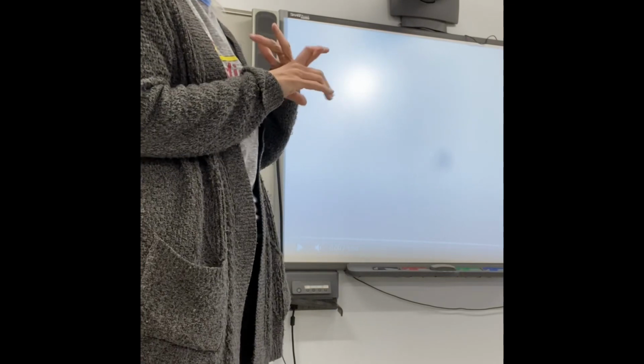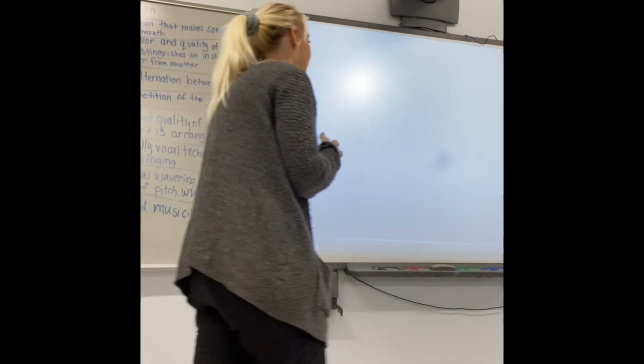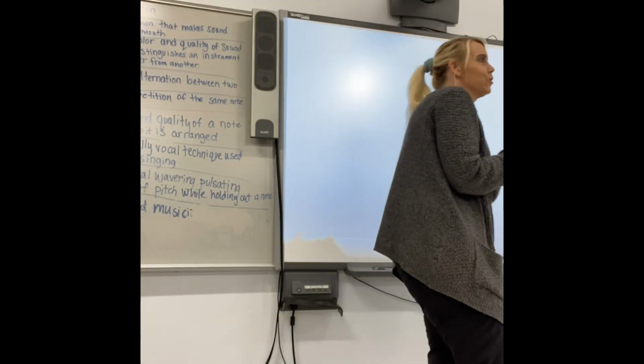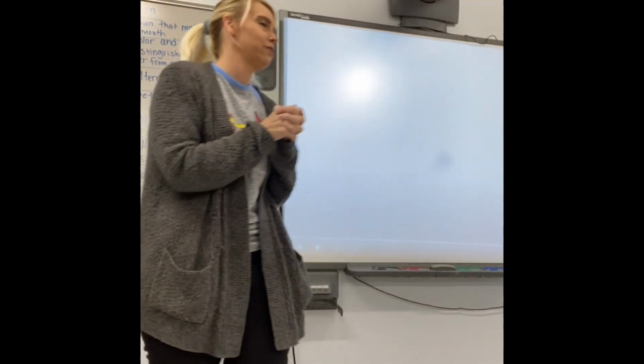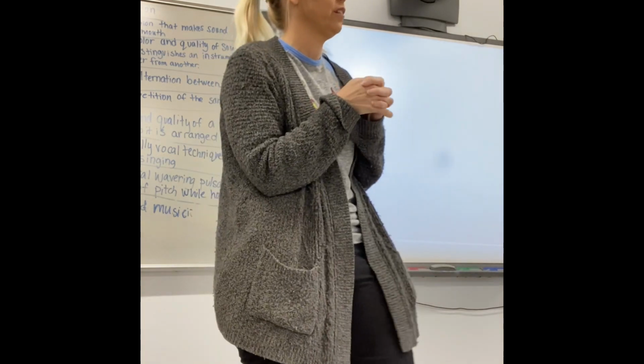Okay, so we're gonna review for our go words on the elements of music. I want you to write on your scrap piece of paper 1 to 7, and I'm gonna play a really goofy song for you as it talks about the elements of music. As it's going, I want to see if you can write down those 7 elements of music. Let me know when you get 1 through 7 written down.